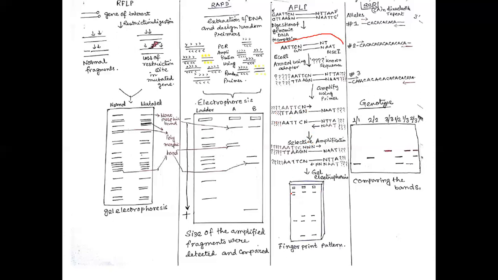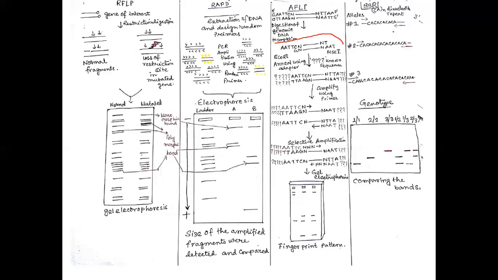length polymorphism. As a result, we can get different bands with this different pattern, and by seeing this pattern, these are basically molecular markers from which we can identify normal versus diseased, or you can even trace the molecular evolution, because if a sequence is conserved and you do AFLP of the conserved sequence between different phyla, you can get different banding patterns, and you can identify which particular organism is closer to which one. So like this, evolution tracing can also be done using these molecular techniques.